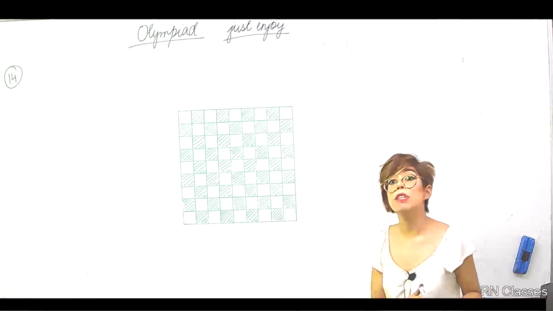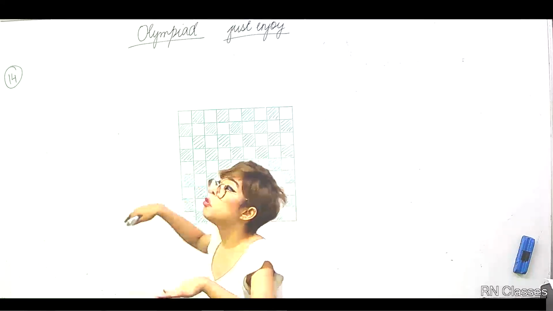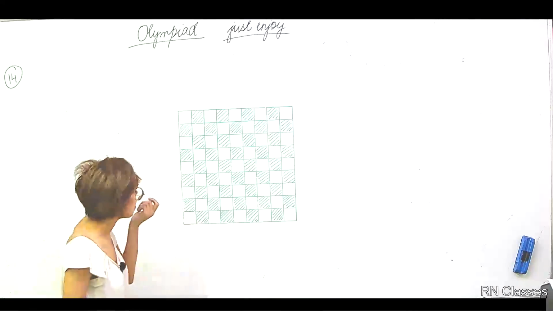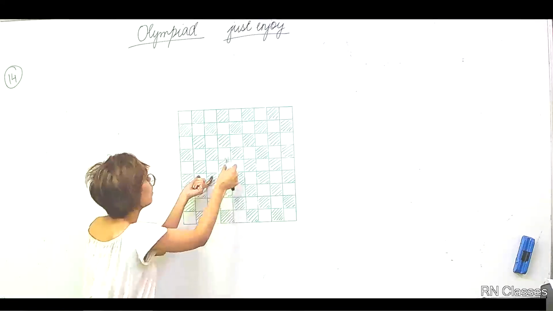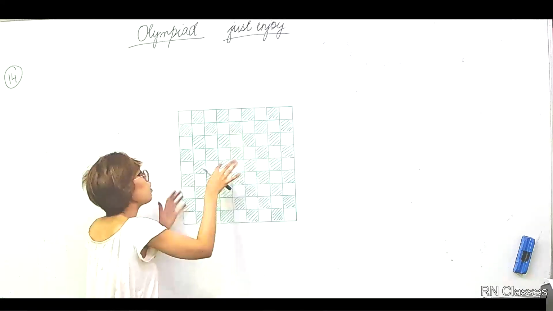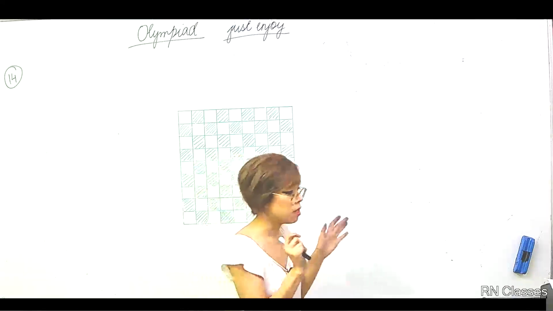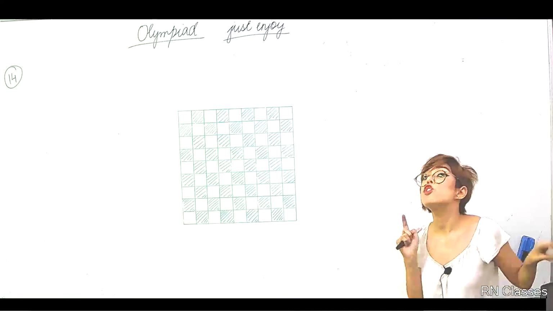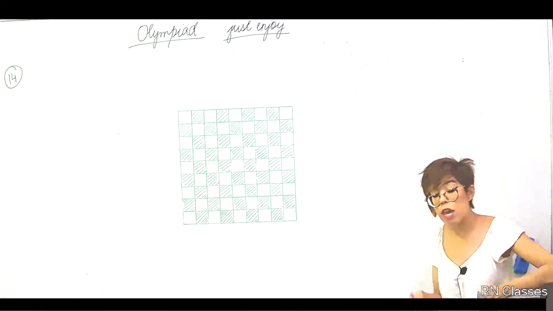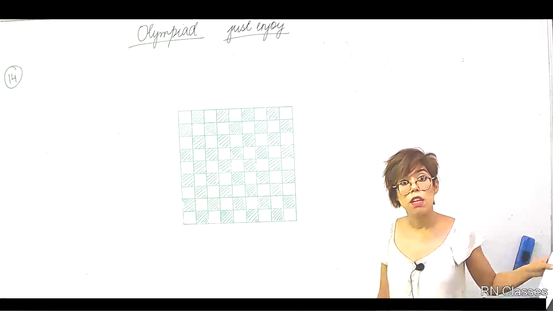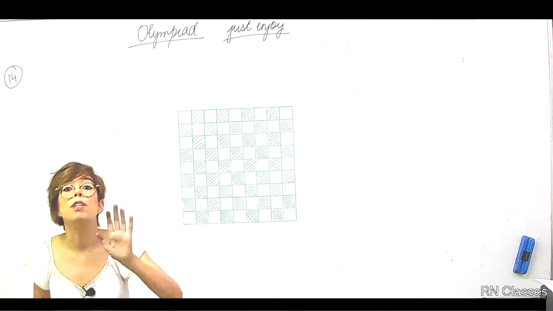Now, 40 unit squares we have to choose. You have 81 unit squares, and from them we have to choose 40. In how many ways can we do it? It could be that I take these two, then these two, then these two, and so on. Any 40 you need to choose. But there is a condition. He says such that none of them share a common side. Whatever squares you choose, none of them should have a common side.